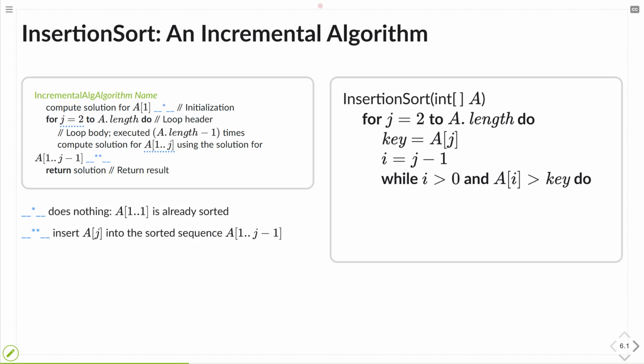While I'm not at the beginning of the array and I see an element that is larger than the key that I want to insert, I move that element forward by 1, meaning I set a[i+1] to the value of that element. Now I have a space at position a[i]. I decrease i by 1 and do the same with the element before that, and so on, until I find an element that is not larger. Then I have a free spot to insert my new element, and that's exactly what I do. Here's also a short demo.